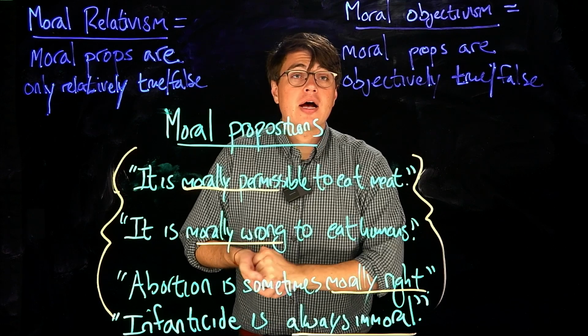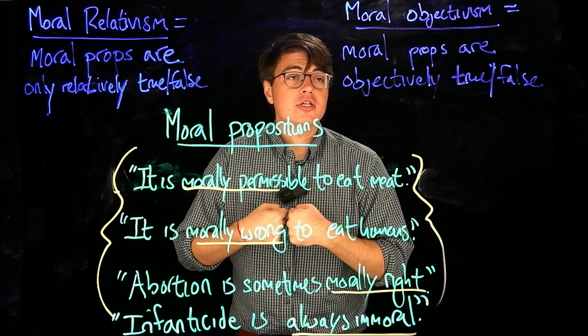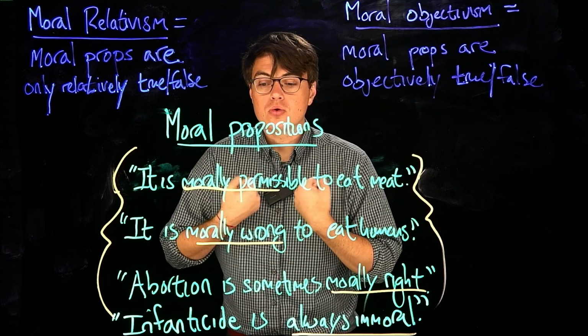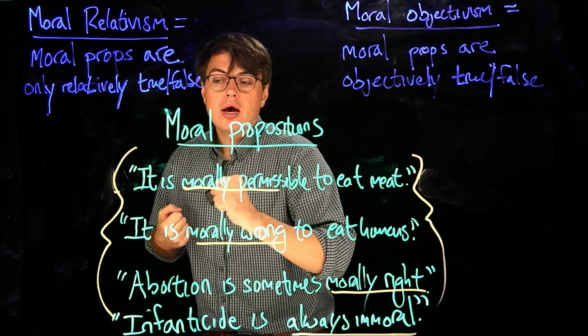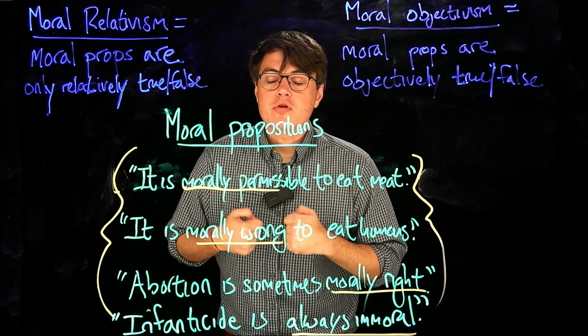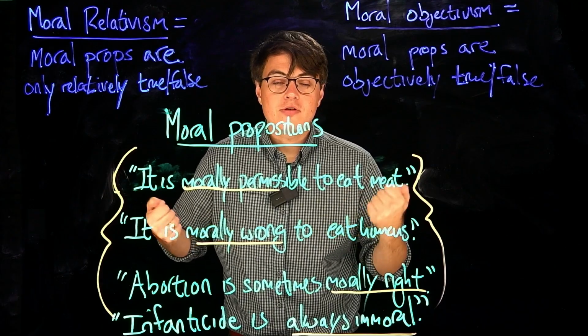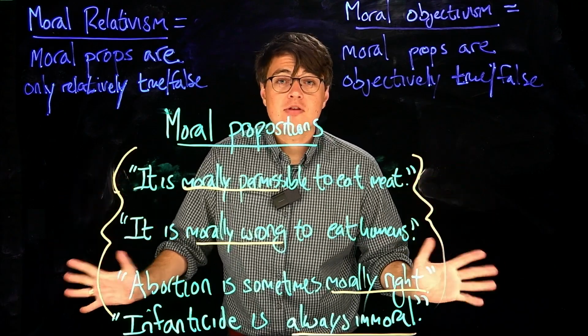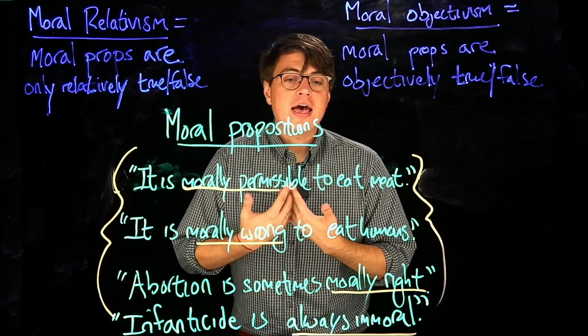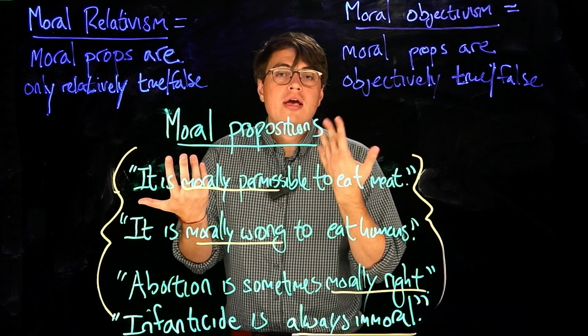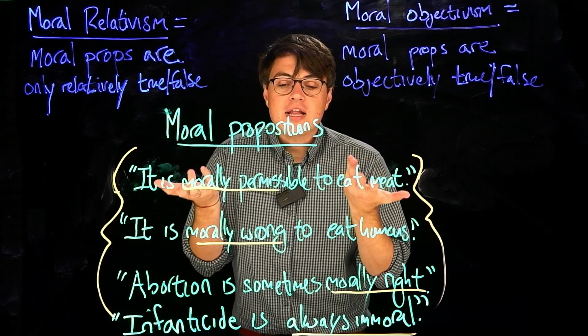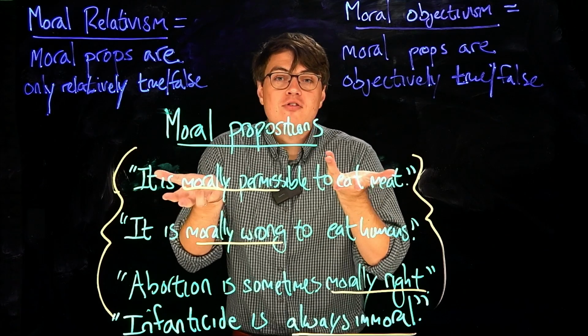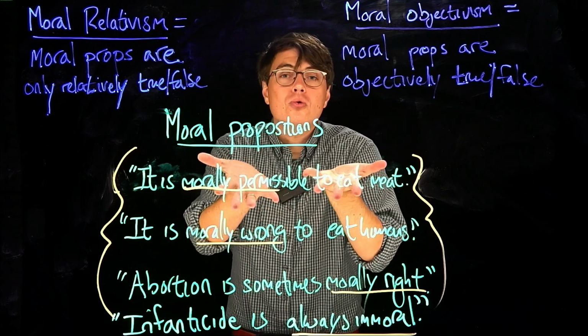Moral objectivism, by contrast, is the view that moral propositions are objectively true or false. That is, they are more like the case of the proposition that the Earth orbits the sun, not in that they can be tested scientifically, but instead in that whether they are true or false is not something that you have to specify a for whom.